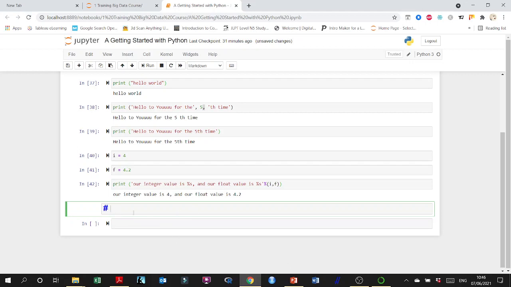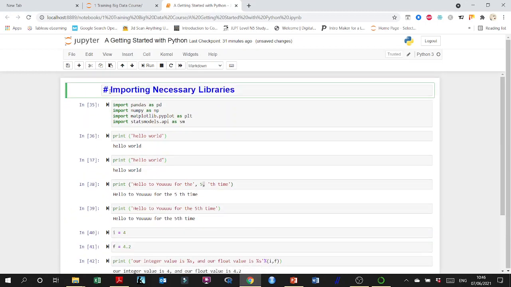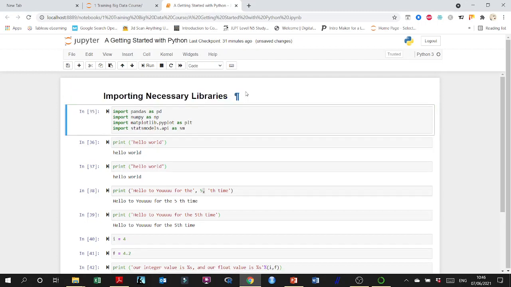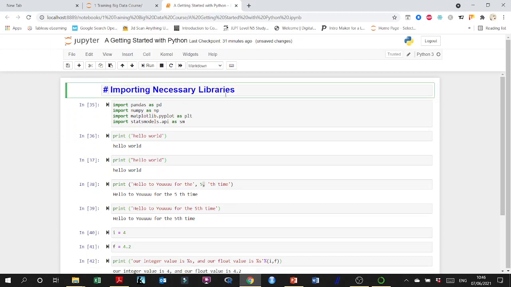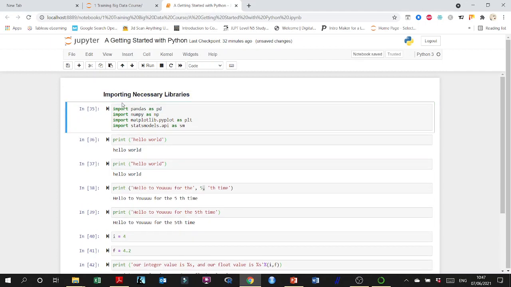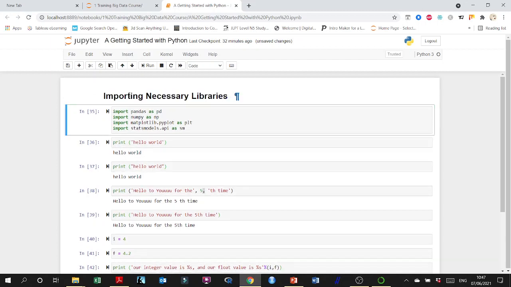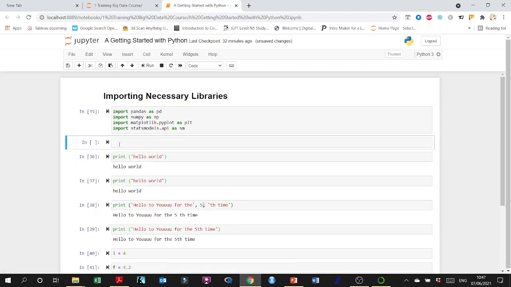So now let's talk about the number of hashtags. The first hashtag is giving you heading 1. As in HTML, for example, if you are familiar with the HTML language, a markup language, here is markdown. This first hashtag, only one hashtag, will give you the biggest font. If you try to use 2 hashtags, then it will be a smaller font. If you get the 3 hashtags, it will be an even smaller font. So let's start here with 1 hashtag, which is importing libraries, and then let's insert here below, and also